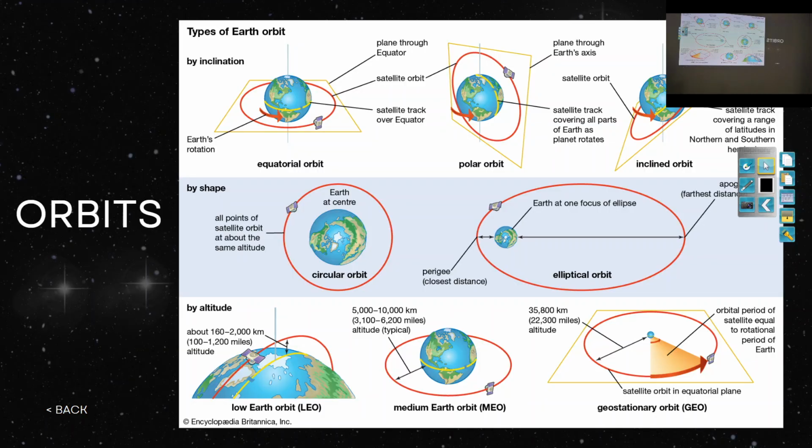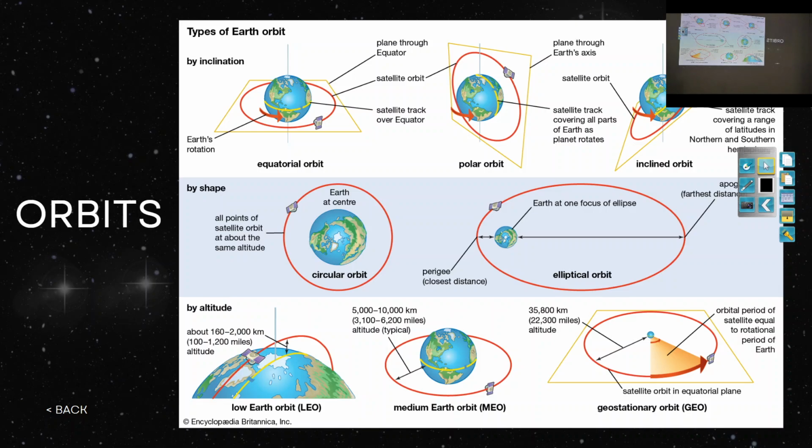So yesterday we were discussing this orbit, we stopped here. I got a different picture today, so it is more clear here. The types of orbits: first, by inclination. The equatorial orbit is one which flies just above the equator, and the polar orbit goes over the poles, it revolves around the poles. Then we have the inclined orbit. It can be any slanting, any way it can move around, so that is the inclined orbit.